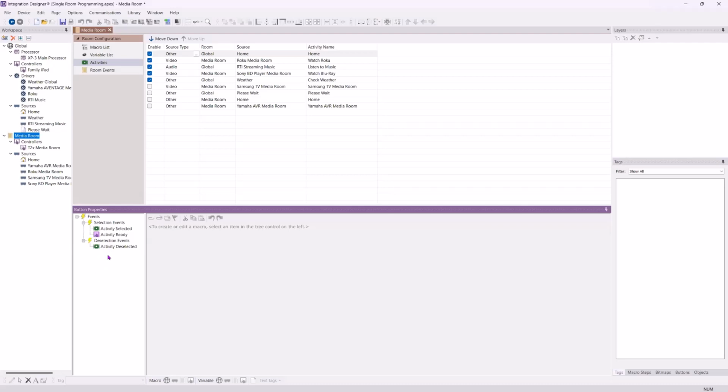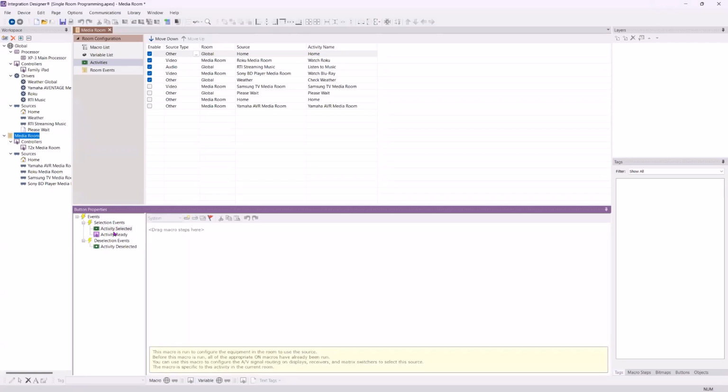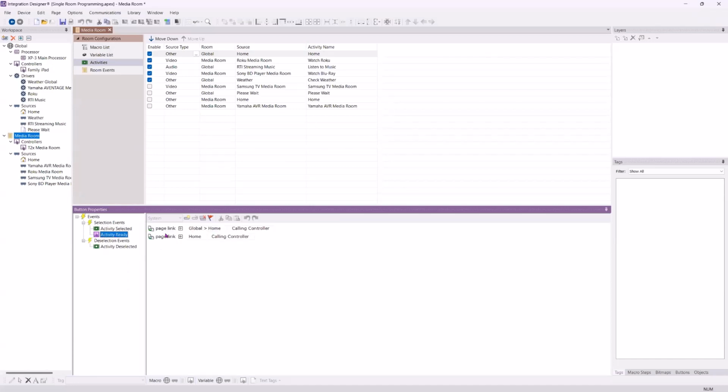Okay, now in this case, you'll notice that under the activity for home, you'll see that there's activity selected, which generally is going to be a lot of routing of signals, once this is selected, what do you want me to do type of scenario. But for this, it's just a quick page jump. So in the case of the home, if I go to activity ready, which is the last step, you'll see that the page links have already been populated here to go to the home page. So the client goes to their activity list, they press home, it immediately will go to the home page of